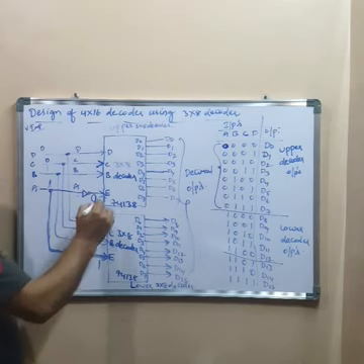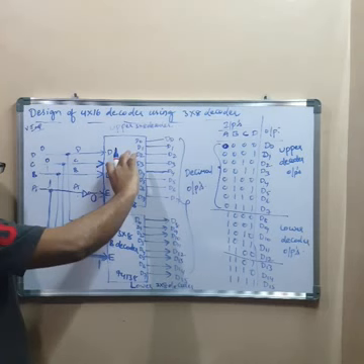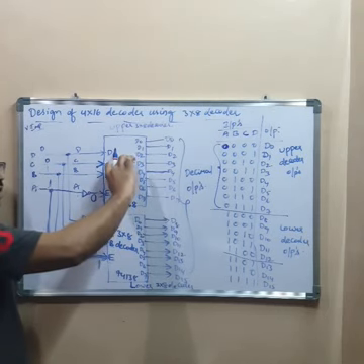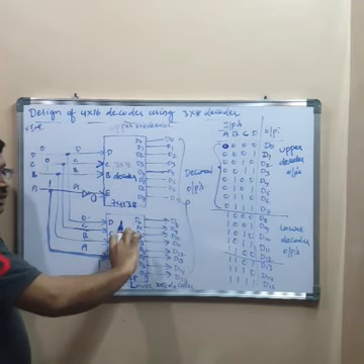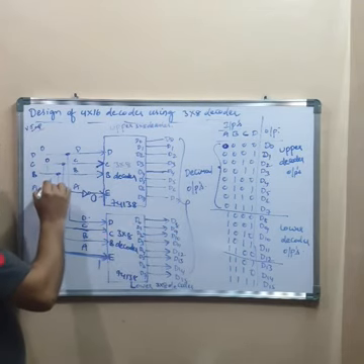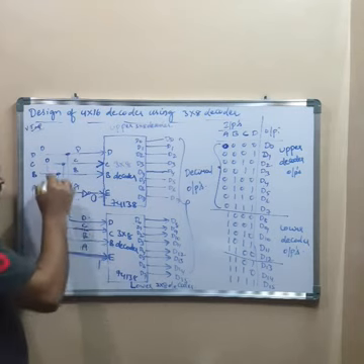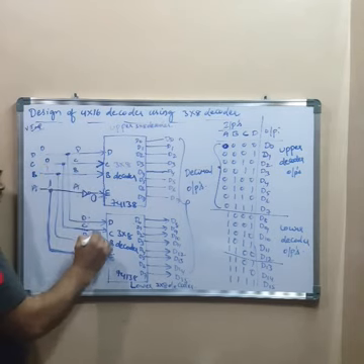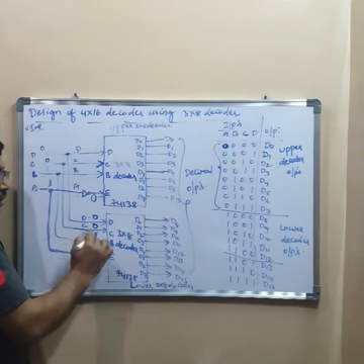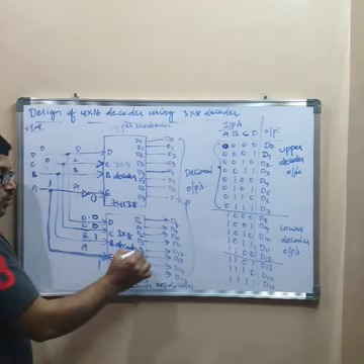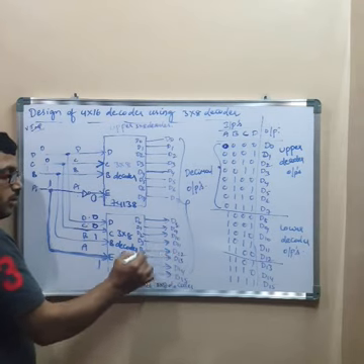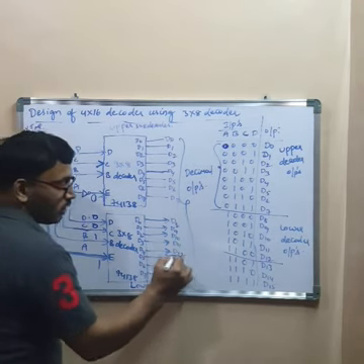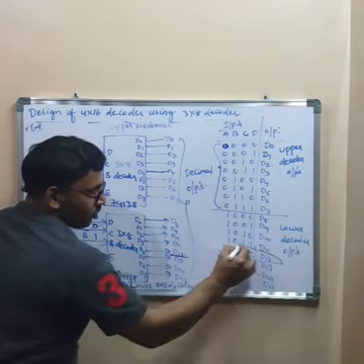Right? Now this enable input is not activated. So the function of upper decoder is disabled. There is no function of upper decoder. This decoder is activated. And the BCD are 1, 0, 0. This is 1, 0, 0. If it is 1, 0, 0, D4 is activated at the output. D4 is connected to D12. D4 is designated as D12. So D12 is activated at the output.